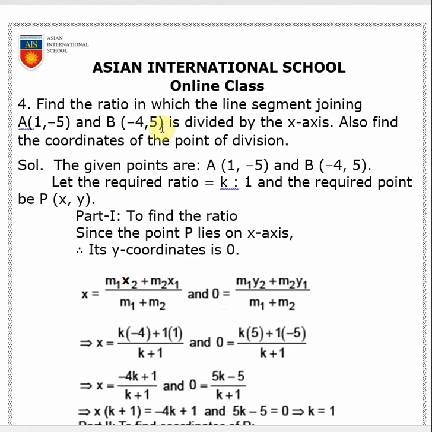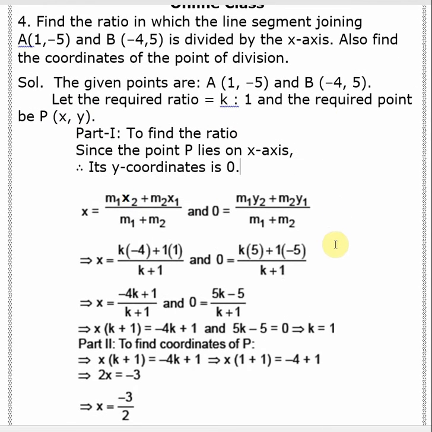Also it is divided into a particular ratio, that is also not told. Now remember, if any ratio is not told and you have to assume the ratio, take the ratio as k:1. Any ratio in mathematics can be expressed as k:1, some unknown to 1. So if you take the ratio as k:1 and take the point as x comma 0, then once again the section formula will be applied.